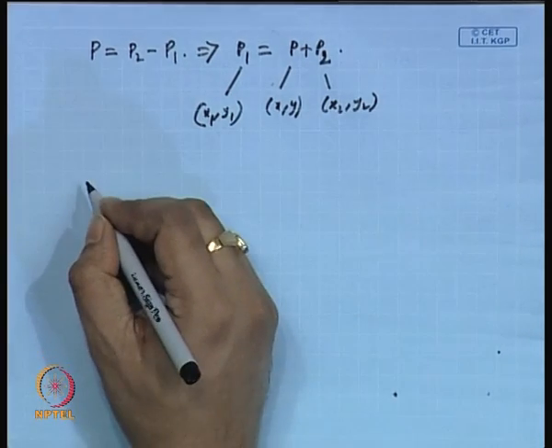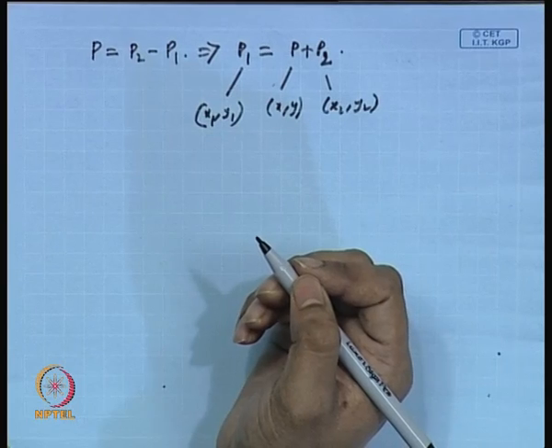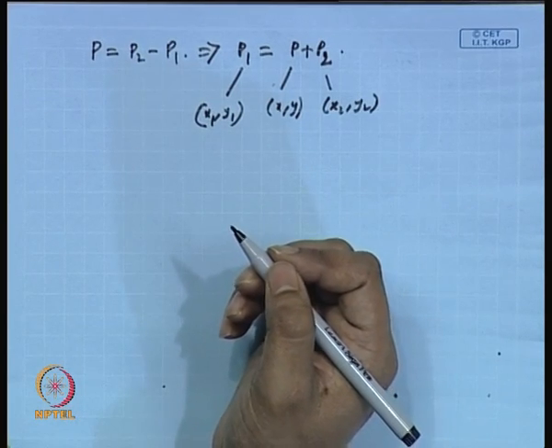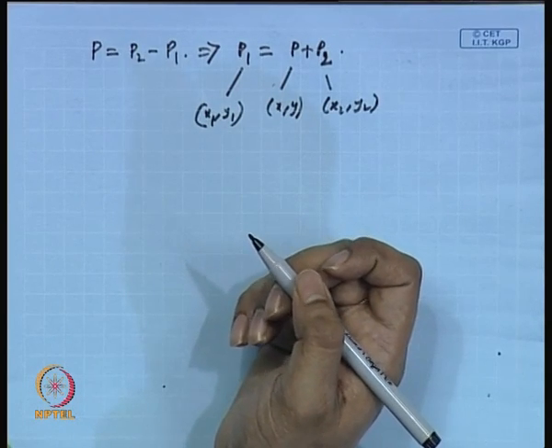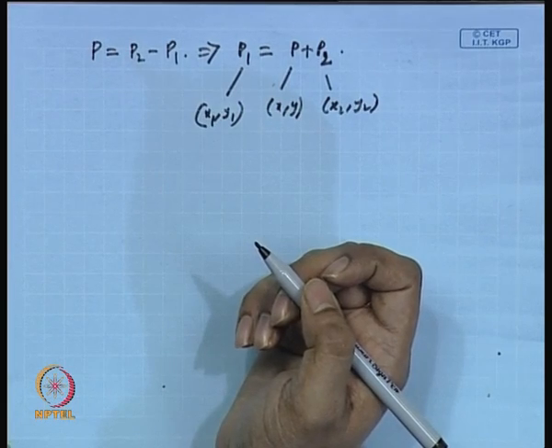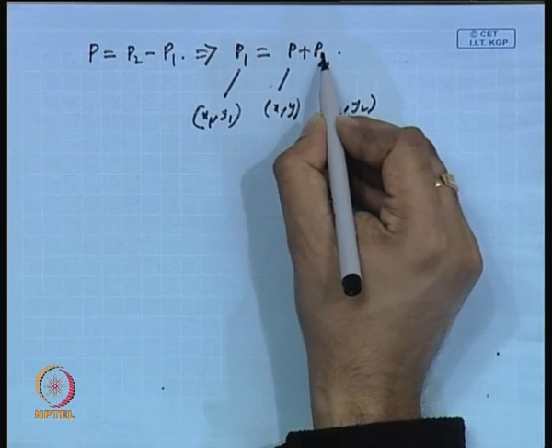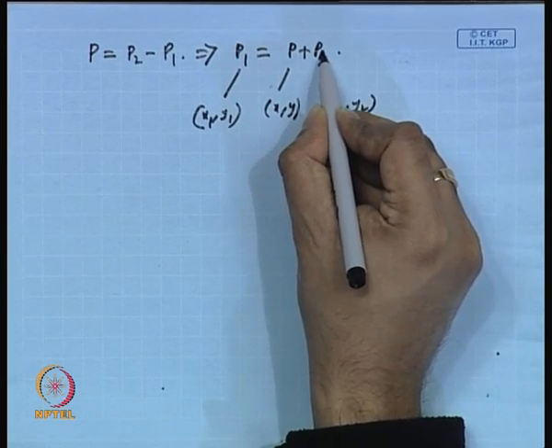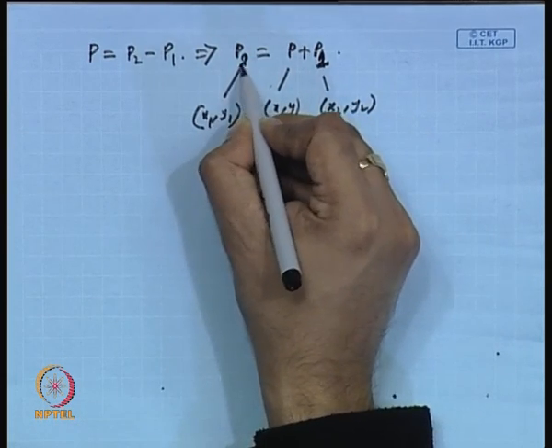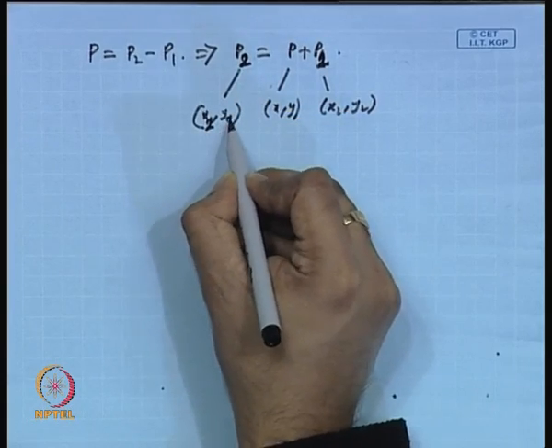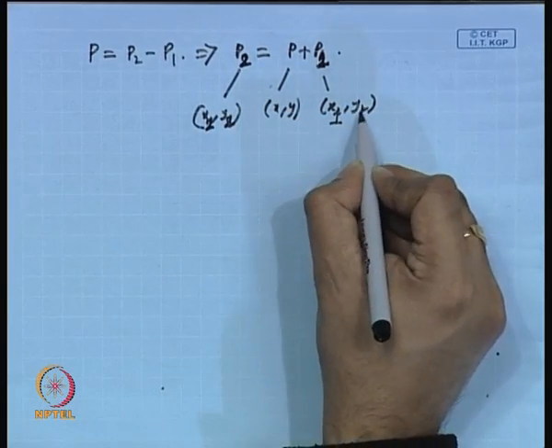So, therefore, you can actually add this. Okay. So, I think I wrote something wrong here, p plus p 1 is p 2, that is p 2 is (x 2, y 2) and p 1 is (x 1, y 1),